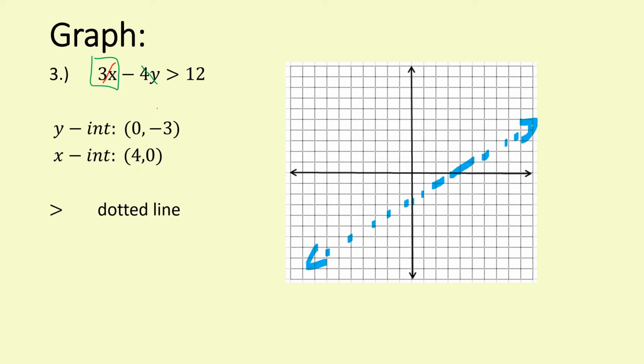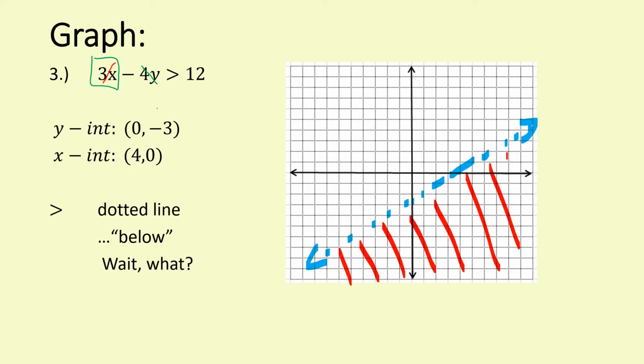And when we look at this, this is a greater than sign. Now, if we use the trick for this, it's going to actually give us the wrong answer because this graph is going to be shaded below. That's the opposite of what that sign says, because that sign greater than would tell us to shade above. The way we can figure this out, and there's a trick to it, but if we plugged in the point 0, 0,